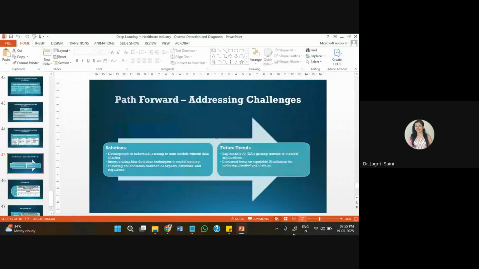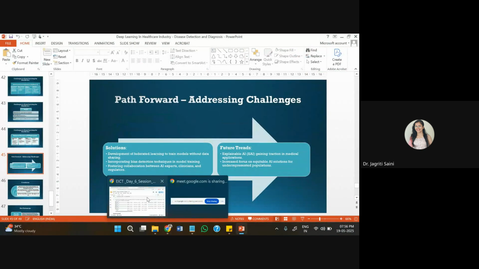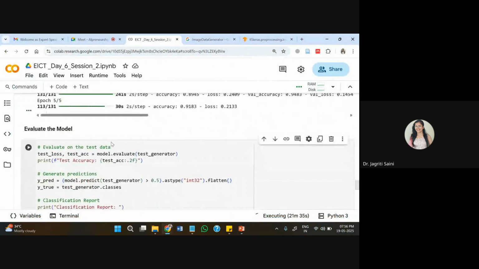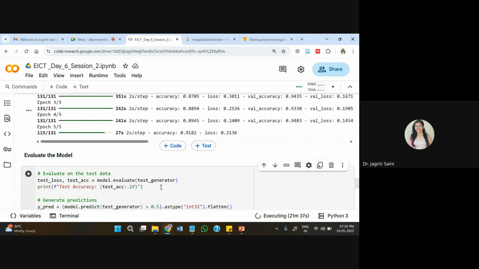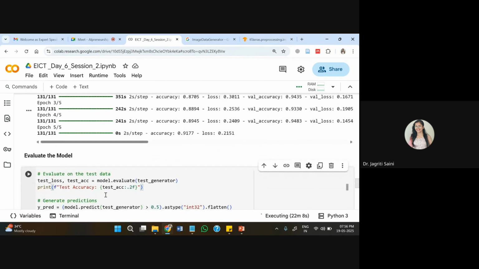So let us go back to our accuracy point. We are on the last epoch now, so this should be close enough. Let us wait for a few seconds here, and then it should be done. We are close enough to the 131 batch size. I've run only 5 epochs, so this should be fine. They are updating the validation for the last epoch now. It'll take 2-3 minutes more, and then we can wind up the session.